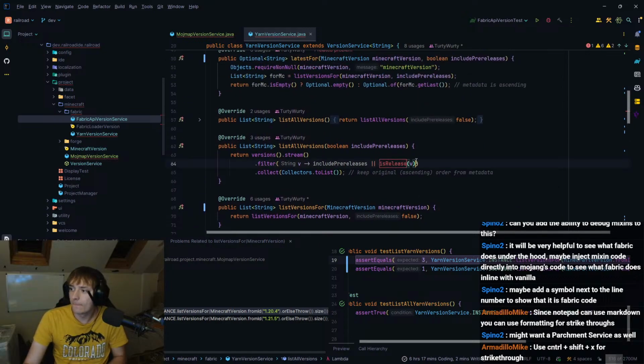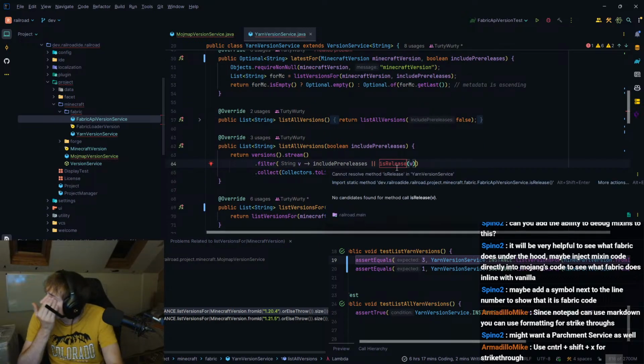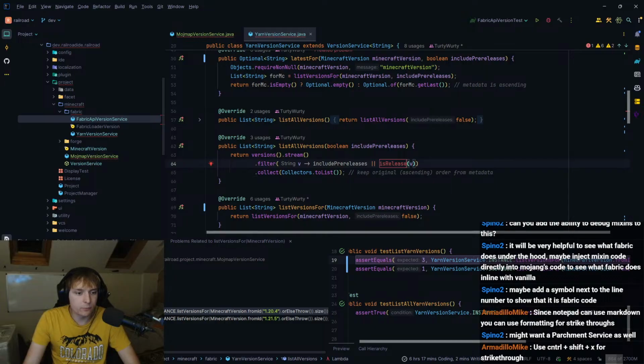And then here V is a string here though. Why is V a string? Does is release do something different?